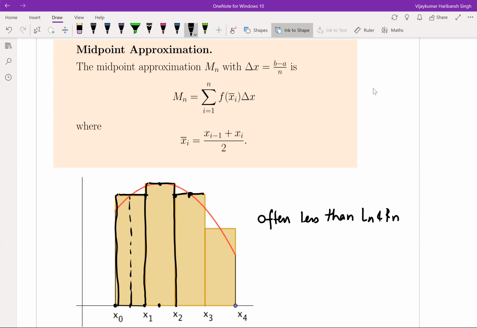So this is called midpoint approximation. Again, what is the idea? The idea is, you're doing the summation i going from 1 to n of f of xi times delta x. So this part remains the same for all kinds of approximation. Here we are choosing the midpoint. Let's call this xi bar, where xi bar is the midpoint of